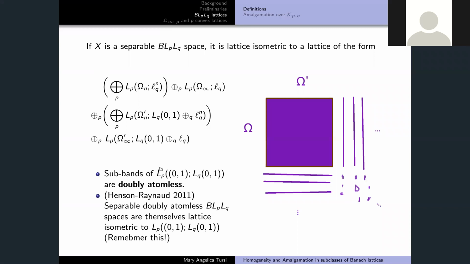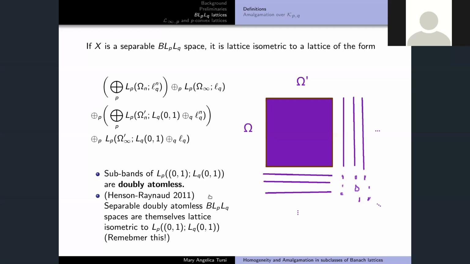And it turns out you can concretely represent it in this fashion. Now, if the support in Omega and Omega prime is strictly inside my little square here, with no atoms in the measure space sense, then we say that such subbands